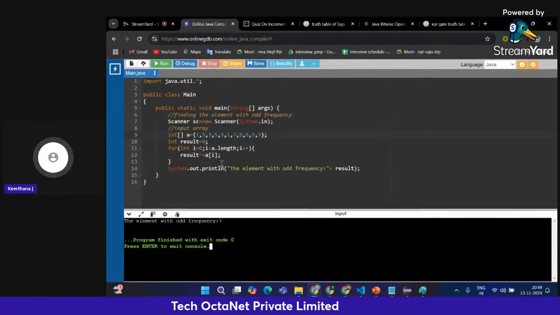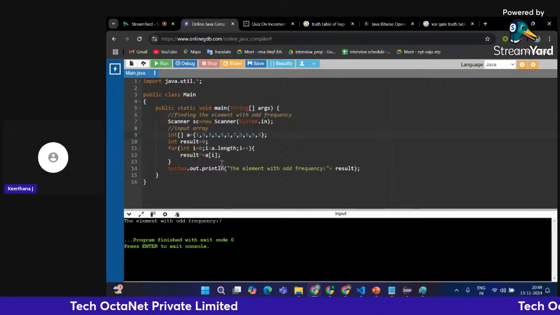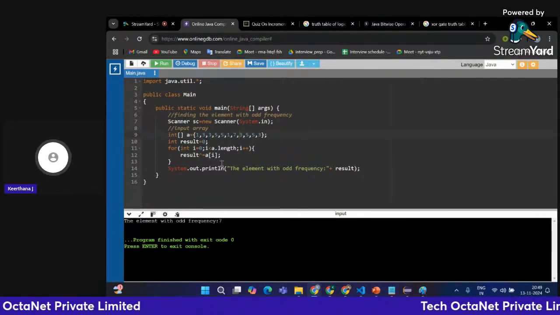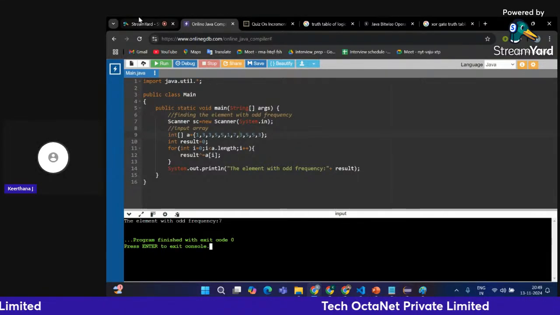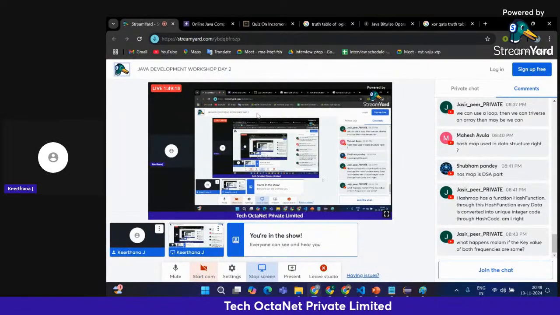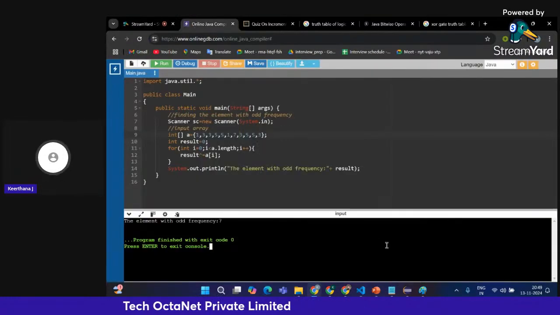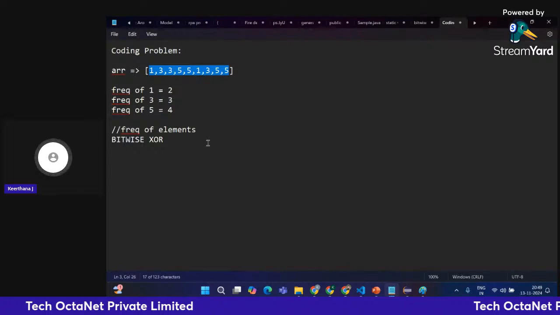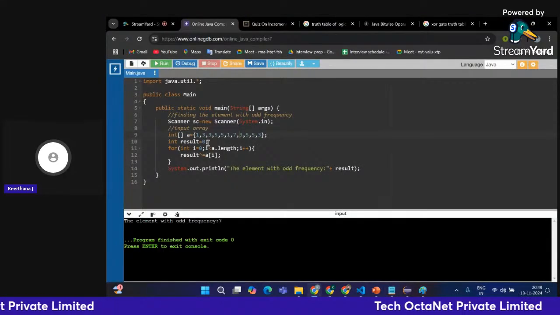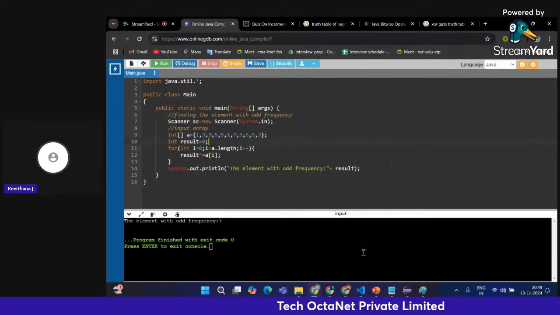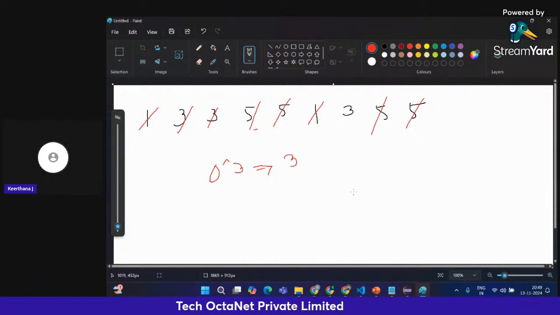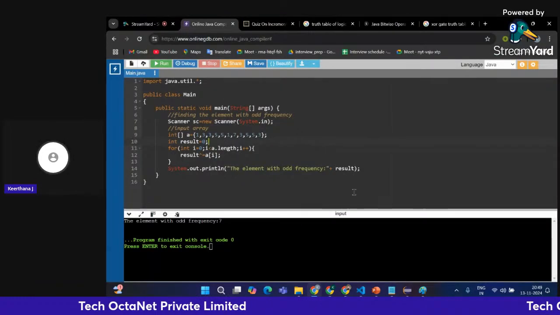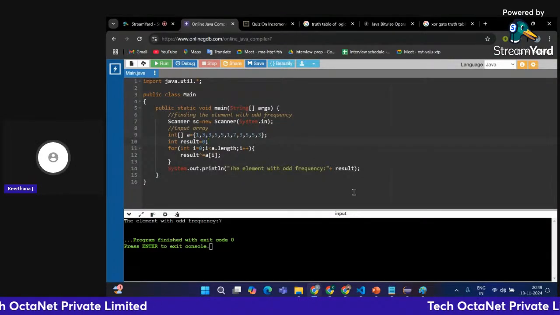Okay, so this is a use of the bitwise XOR operator when it comes to solving a DSA question. Guys, are you clear with the code, with the solution for this problem? Don't worry about how to represent the array and all. I'm just giving you the logic of how to apply a bitwise XOR, and also bitwise